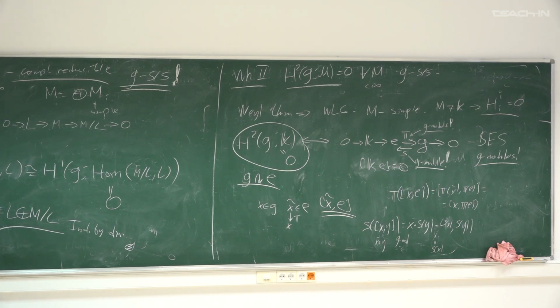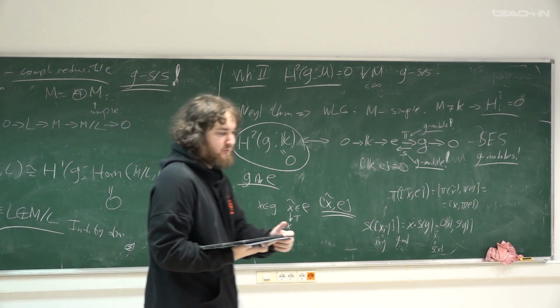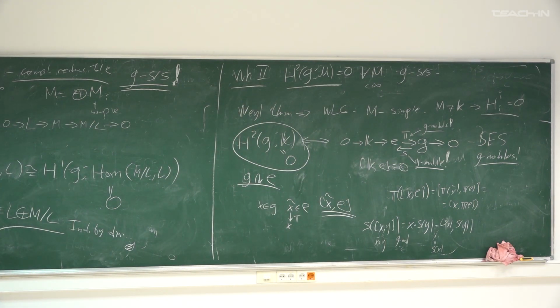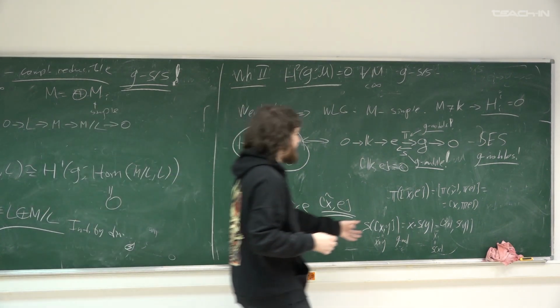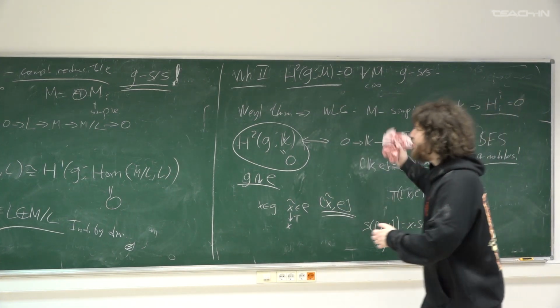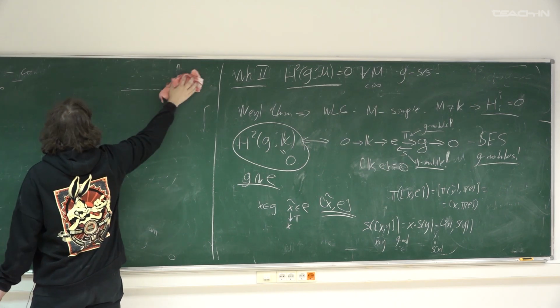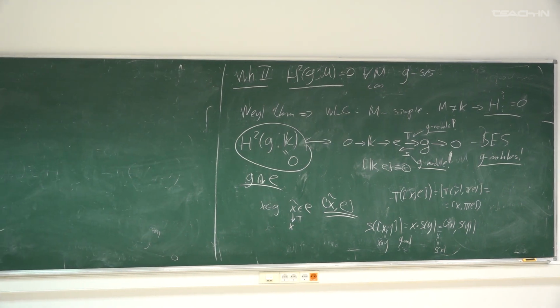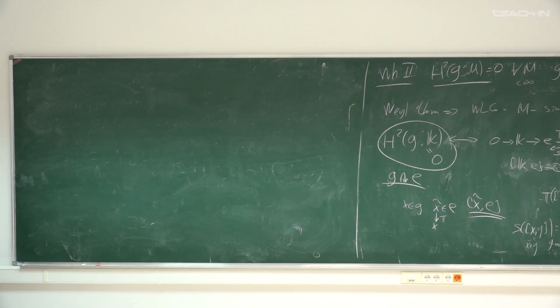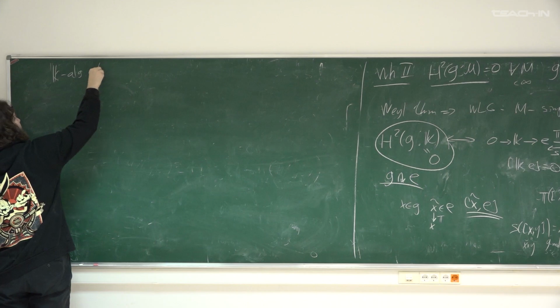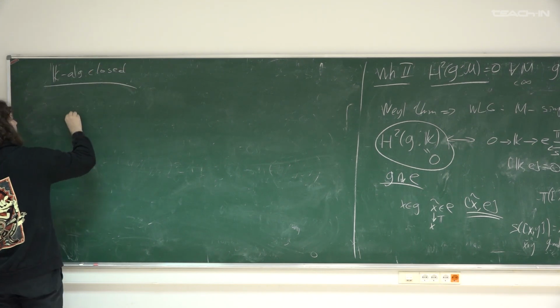Or maybe let me say the following thing. Let me say about Casimir elements. Maybe this is true that all what I said so far is true over algebraically closed fields, because if K is algebraically closed, then if M is simple,